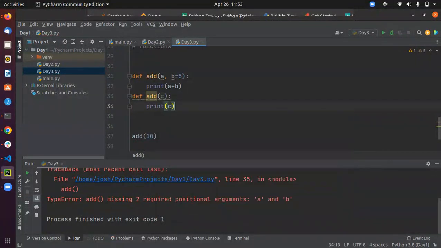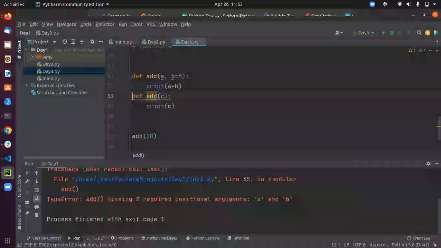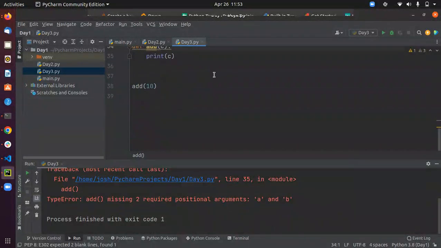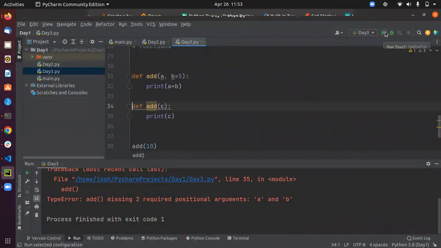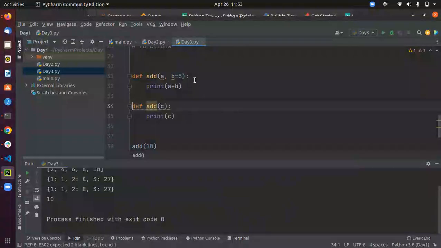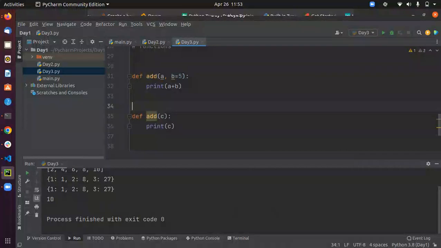Print C. Okay. There's an error in warning. It's just a warning. So it's returning the second one, 10 plus 5. Yes. So it's returning the second one. So this is like priority for the single variable first, if it is not mentioned,